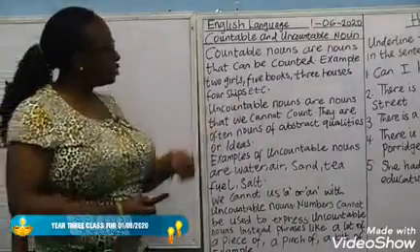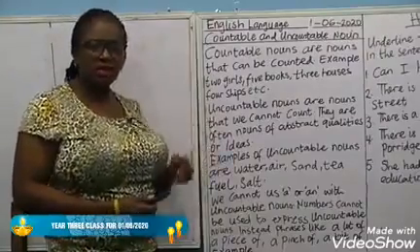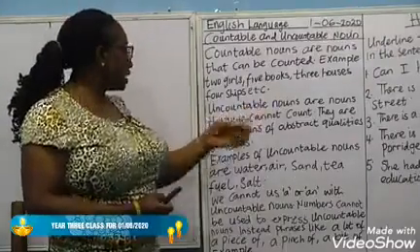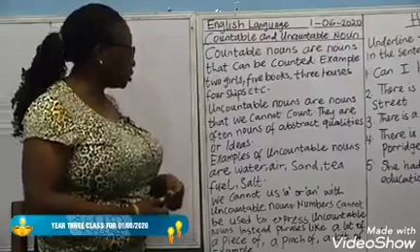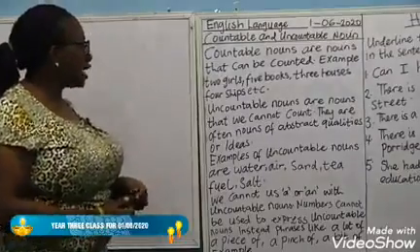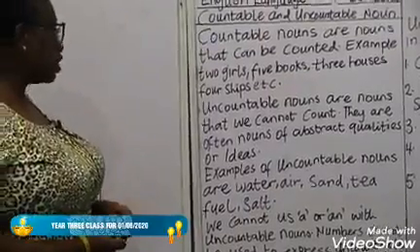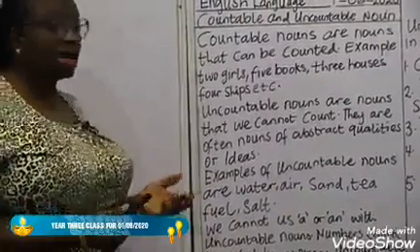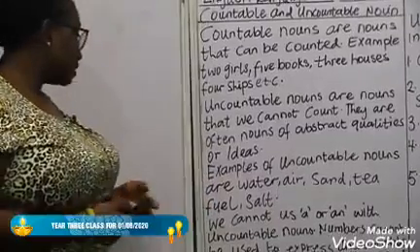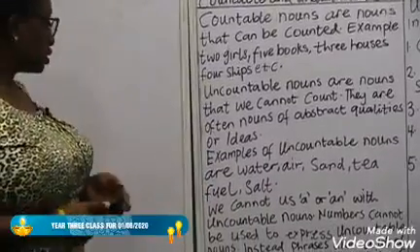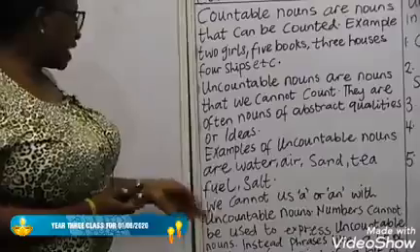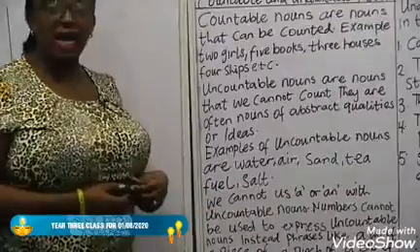What is an uncountable noun? As the name says, it is uncountable. Uncountable nouns are nouns that we cannot count. They are often nouns of abstract qualities or ideas. Examples of uncountable nouns are water, air, sand, tea, fuel, salt. We cannot use a or an